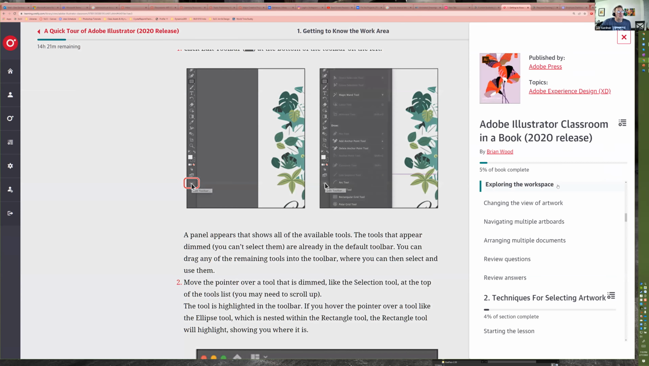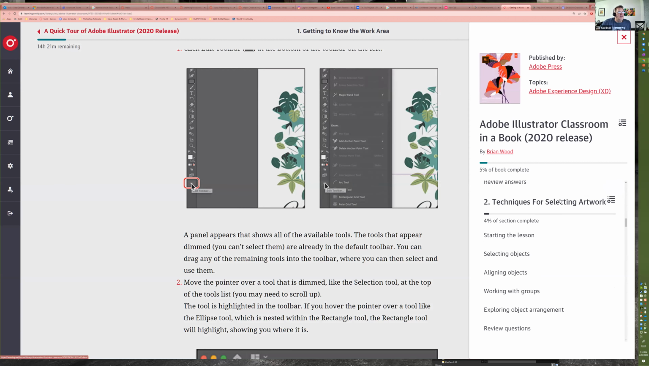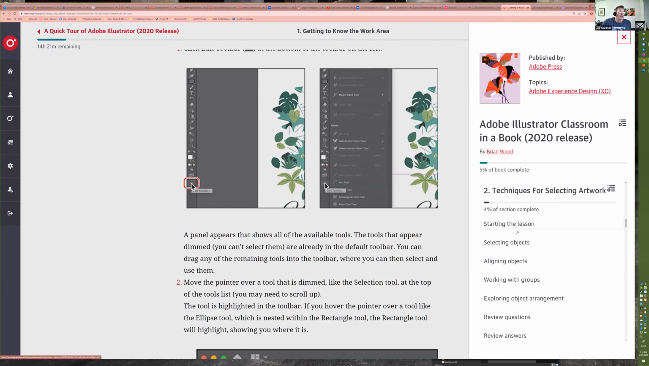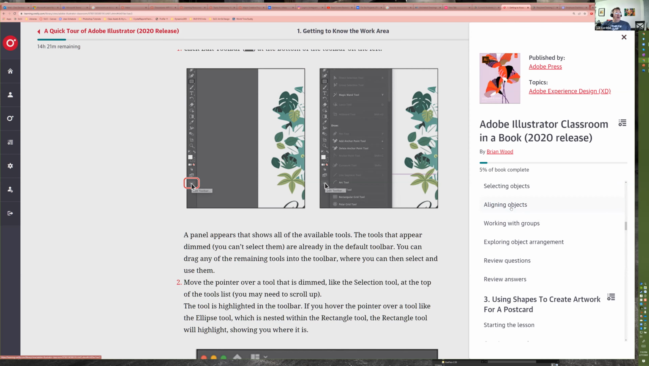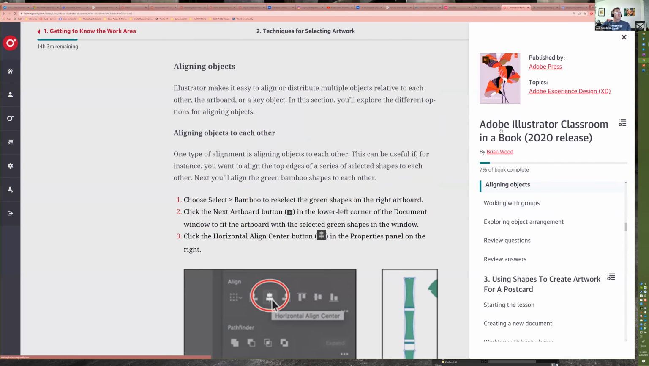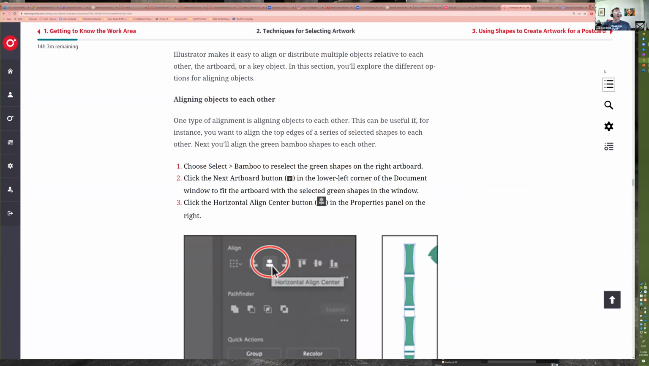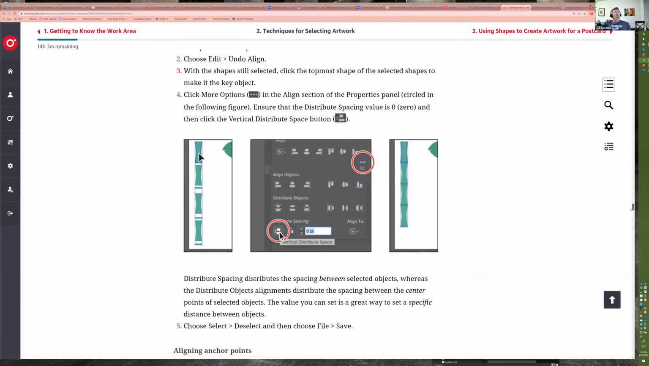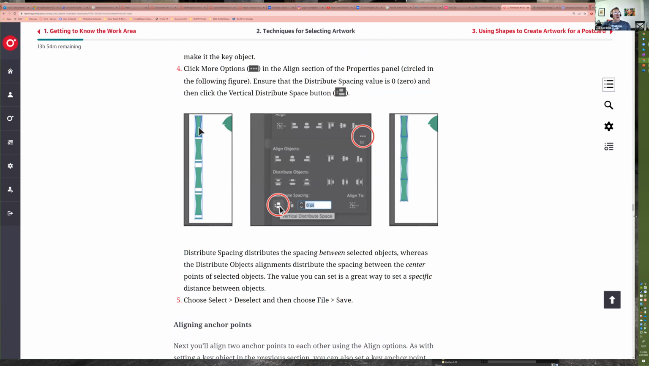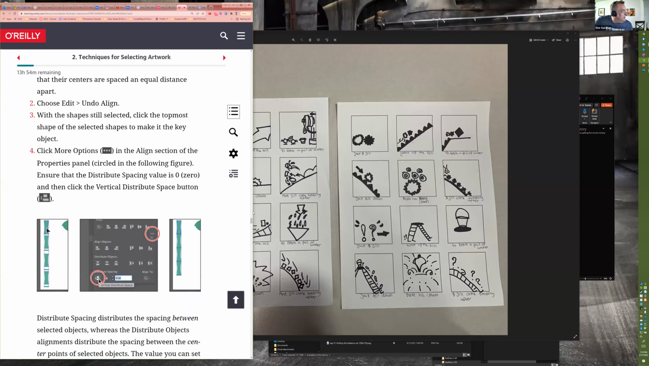But then if you're thinking, oh, I already know all of this stuff, we can talk about selecting objects, working with groups, aligning objects. You can go through these different sections, and if you want to, you can just hit this and read through these pages. What I suggest, and my monitor is really big because you can watch this in 4K,